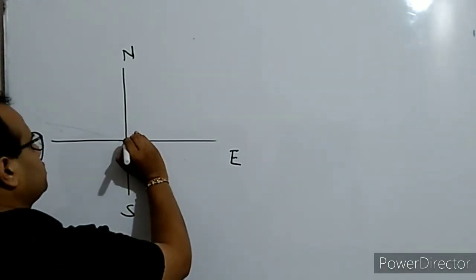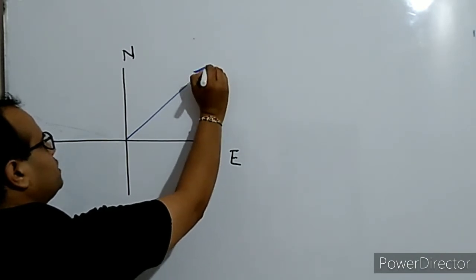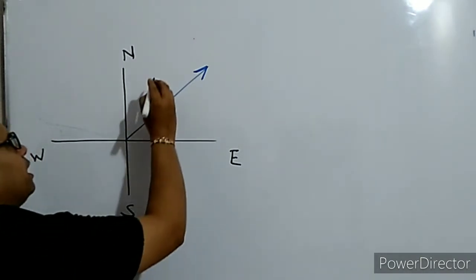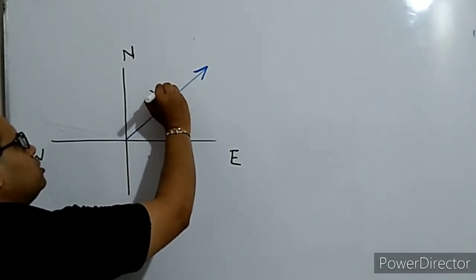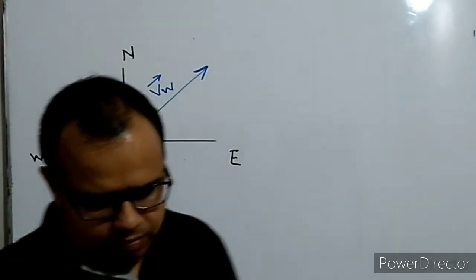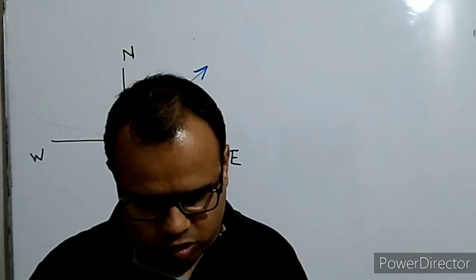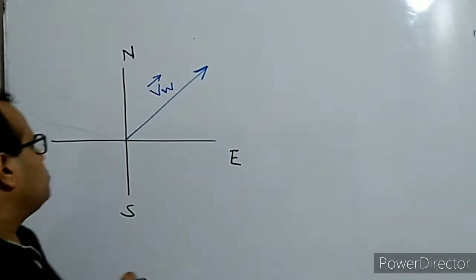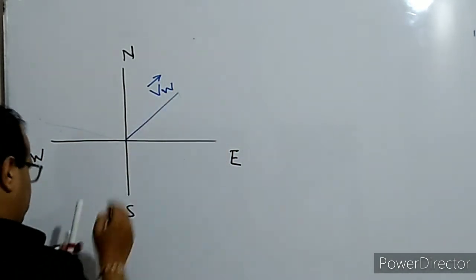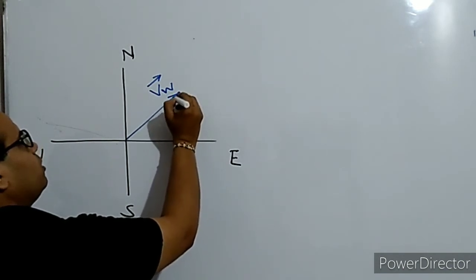So flag flutters in this direction. This is the direction in which the flag flutters, so basically this is the direction of the wind, because the flag always flutters in the direction of the wind. Now what happens if the boat starts moving at a speed of 51 kilometer per hour? Suppose that this is the velocity of the wind, and the boat starts moving with a velocity of 51 kilometer per hour.